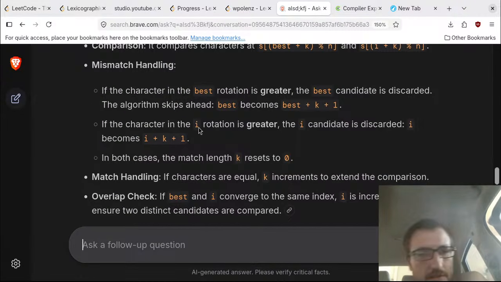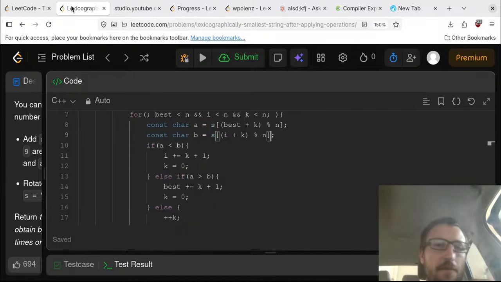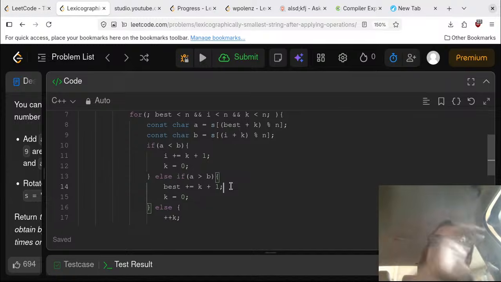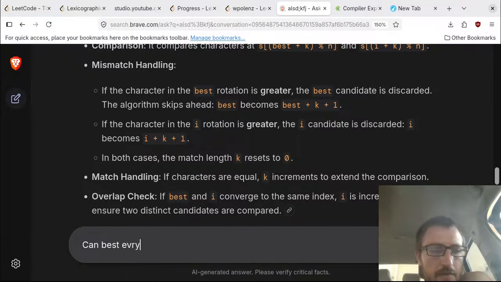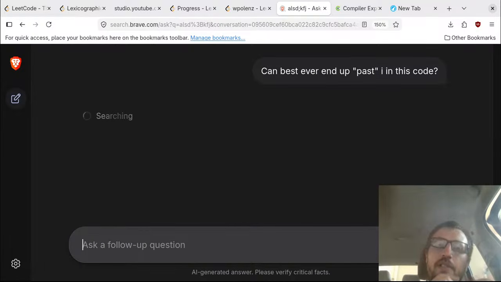Interestingly, so what I was saying before, interestingly, the best discards the suffix up to that point, but it doesn't necessarily jump to I. Can best ever end up past I in this code? So that was something I was wondering. I was like, I don't think,